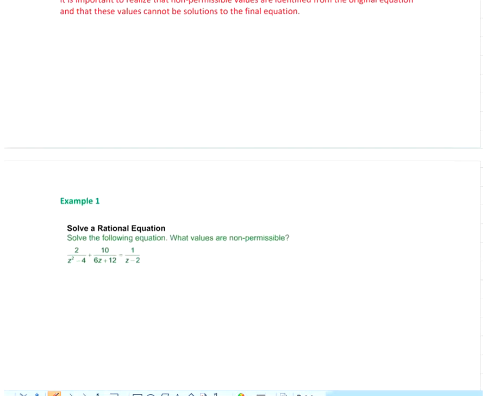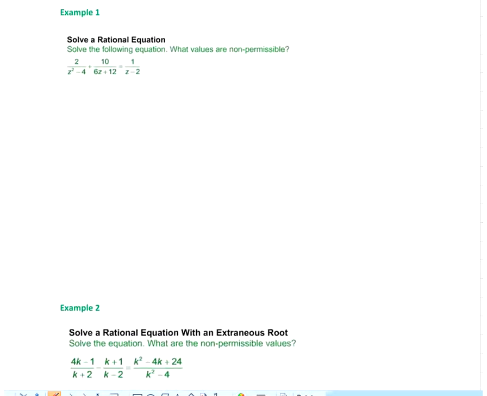Okay, so let's try our first example. We are going to solve a rational equation, and we are going to determine the non-permissible values. Okay, so remember, your first step is to factor your denominators. So the one on the left, we've got z squared minus 4 in the denominator. That's a difference of squares, so we're going to factor it as z minus 2 times z plus 2